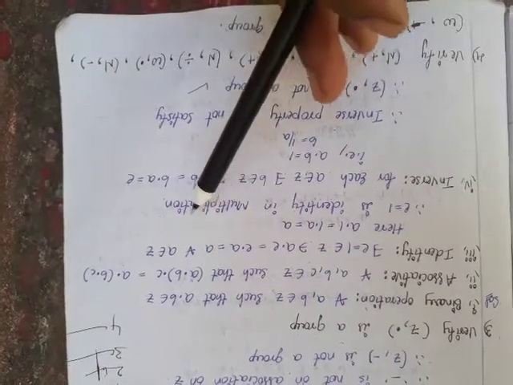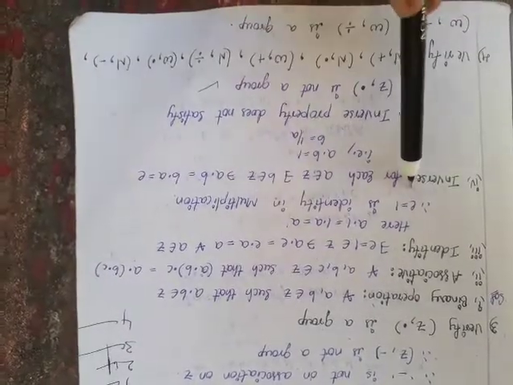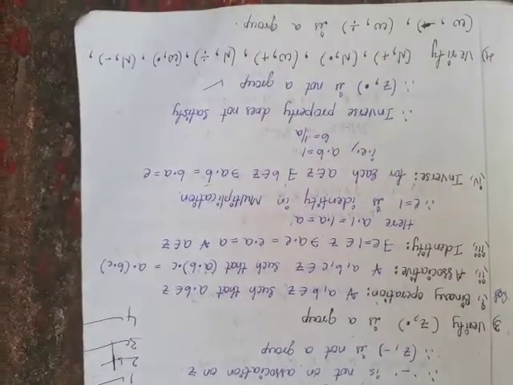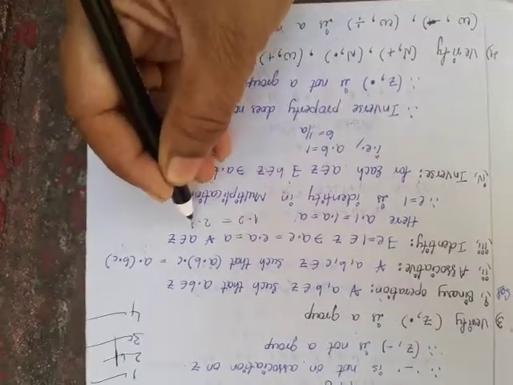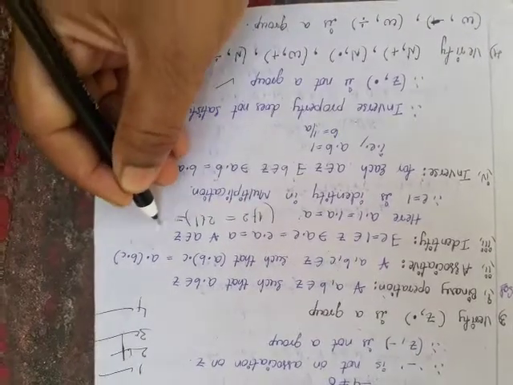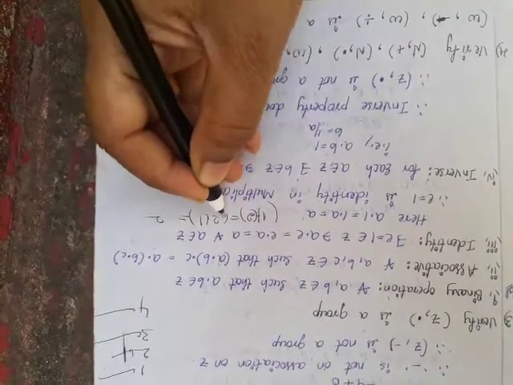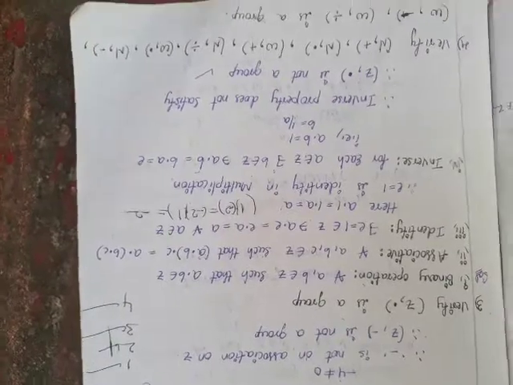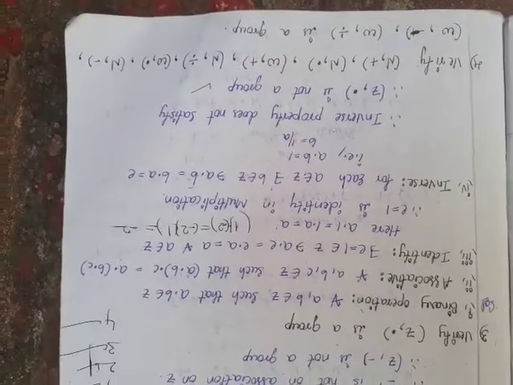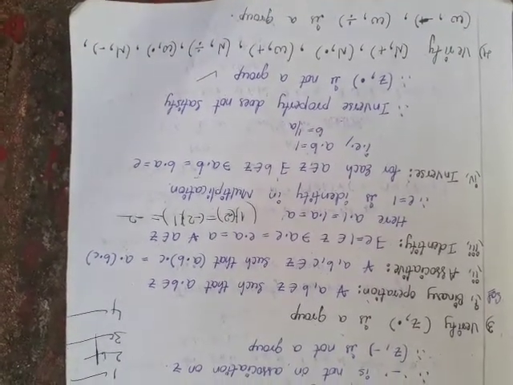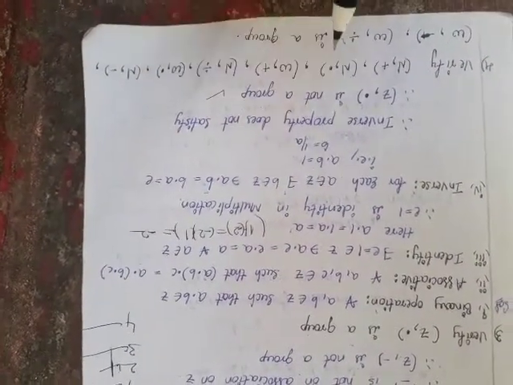a dot e is equal to e dot a is equal to a for all a belongs to Z. So we know that a dot 1 is equal to 1 dot a is equal to a. Therefore e equals 1 is the identity in multiplication, because 1 into 2 is 2 only. Not only 2, we can take any element, positive or negative: minus 2, we get minus 2 only. Any element multiplying with 1 gives the same element. 2 into 1 is 2, minus 2 into 1 is minus 2. Not only minus 2 and plus 2, for all the elements of capital Z it is satisfied.